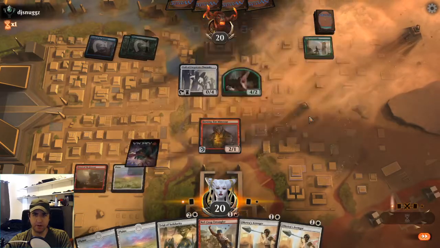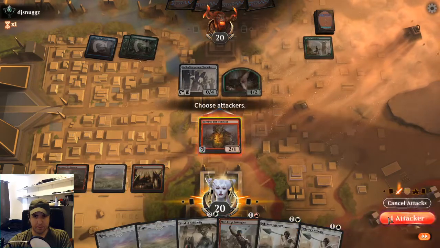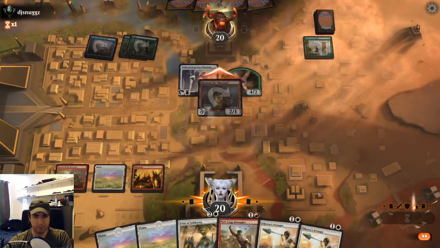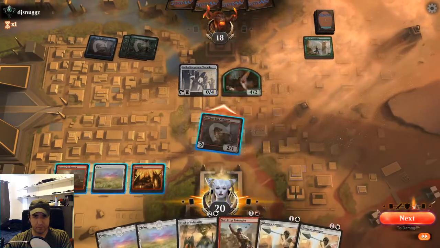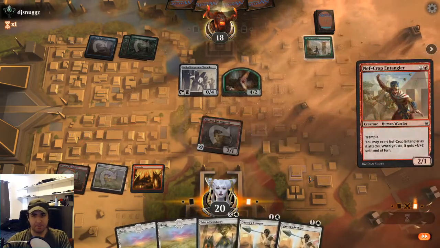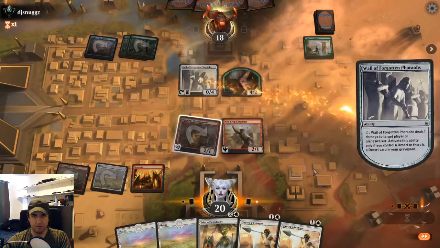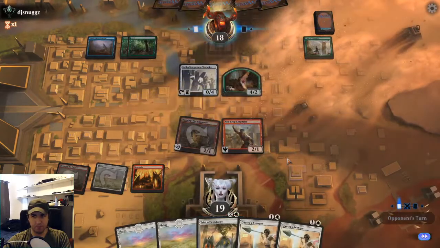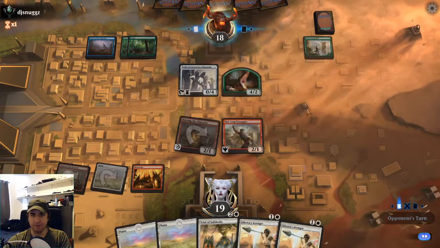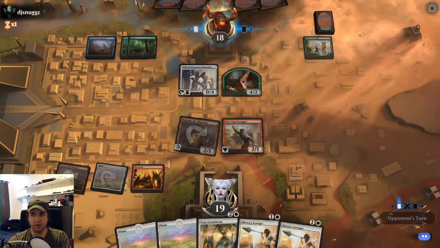Ooh, Trial of Strength, nice. Ah, stupid damage. Yeah, Trial of Strength is awesome. Or 2. Play a cartouche, get it back, play it again. So my opponent could,